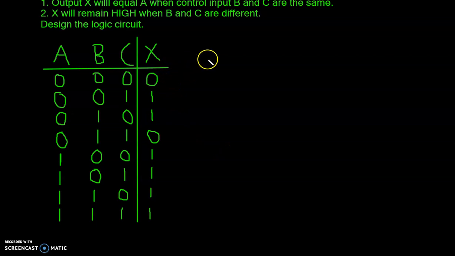So now we need to find the expression for output signal X. And as you can see, that can be easily done by writing the product of sum expression, as we have just two maxterm which are 0. We can also draw the K-map for the same, but I will be doing it using the product of sum. So X is